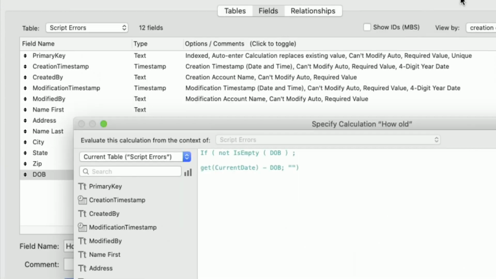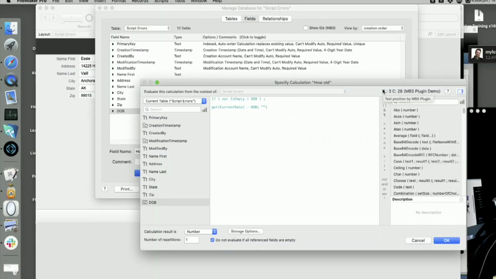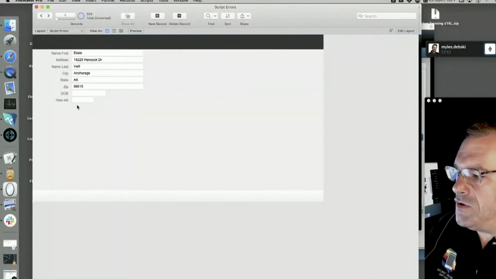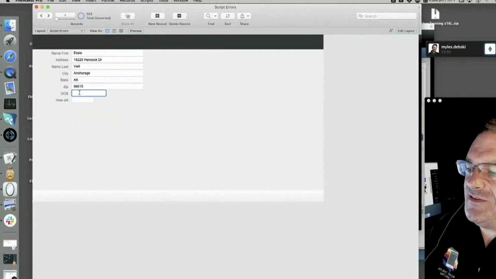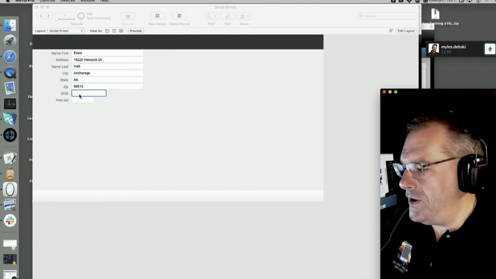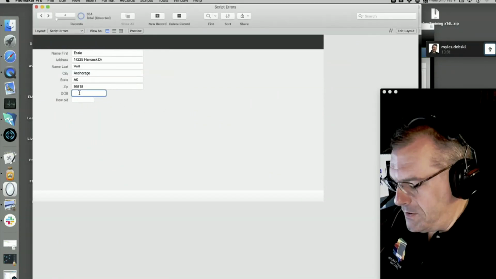It's going to be a number field, right? I'm going to zoom back out a little bit here. I'm going to say OK. And so notice right here, it doesn't say anything because it's blank, right? It's not full, right? Pretty cool. And then we come over here. I'm just going to put